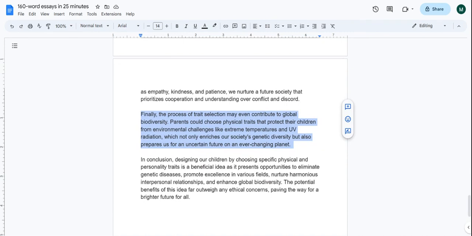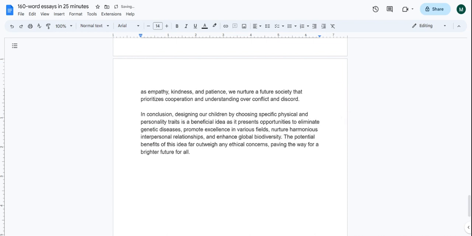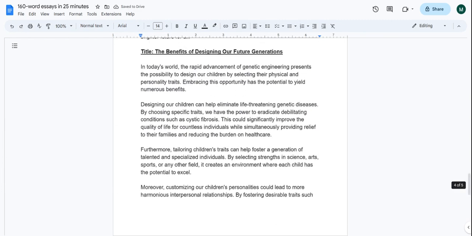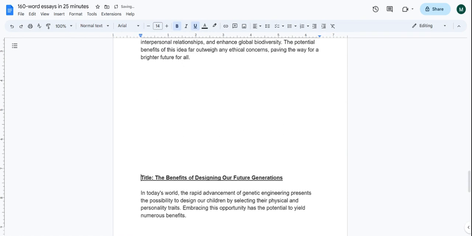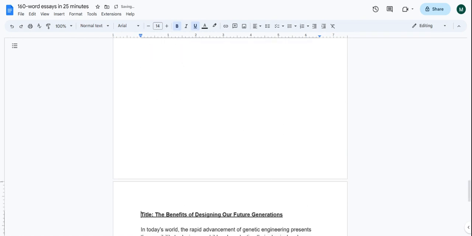Again, I like the idea of it. I mean, that's really thinking far into the future. But I'm going to go ahead and remove this paragraph, right writers, and I can always go back and put it back in, and take out "and enhance biodiversity" and nurture and just end this with "and nurture harmonious interpersonal relationships." So let's see where I am right now, right writers, with this new essay here,